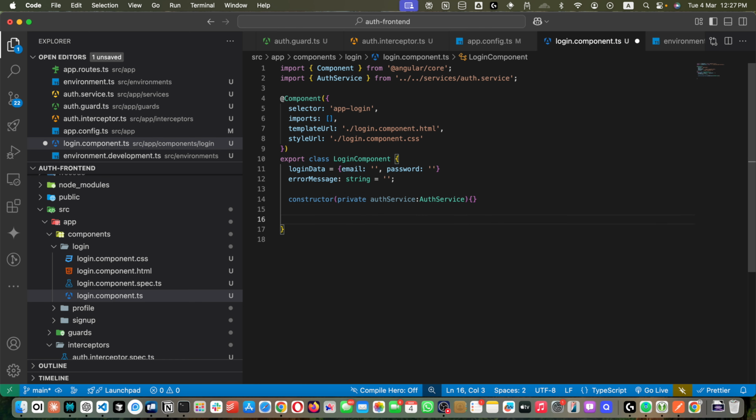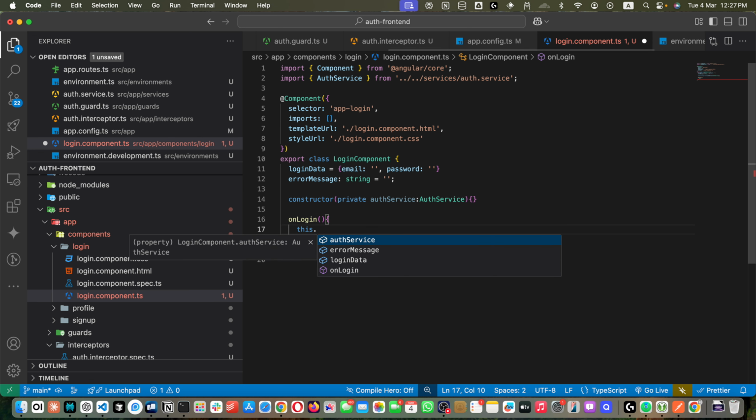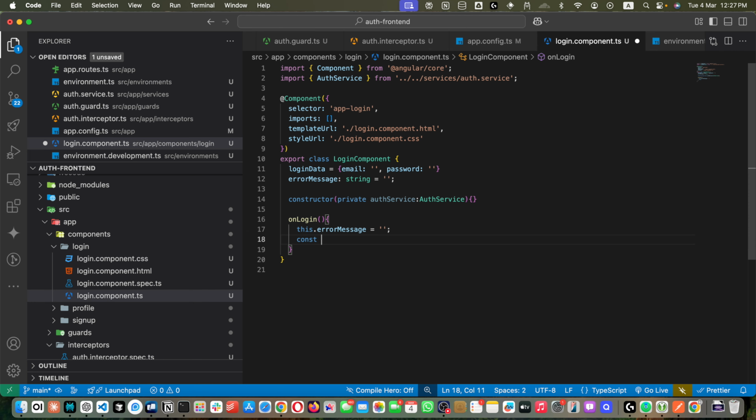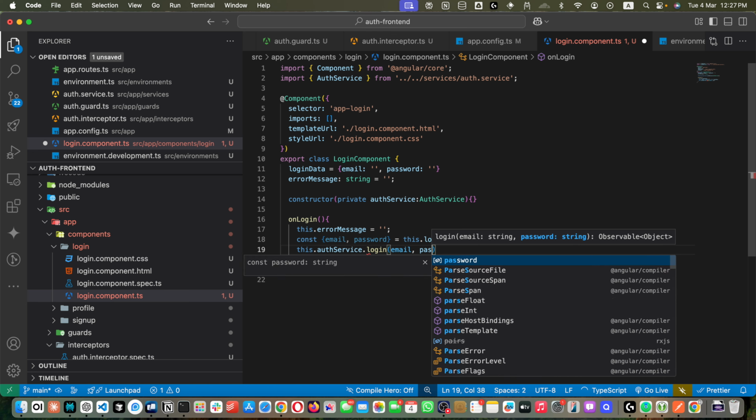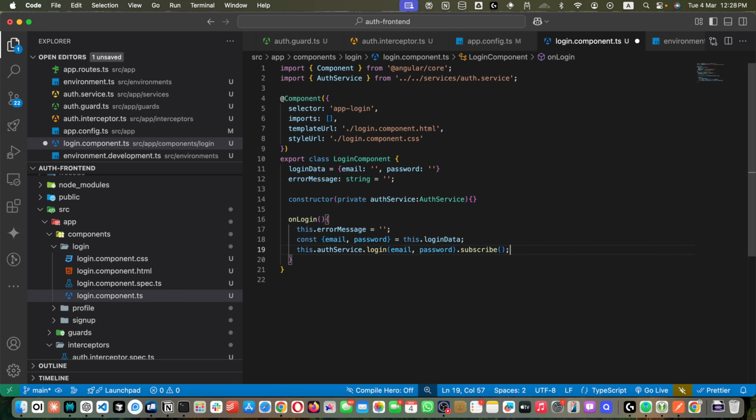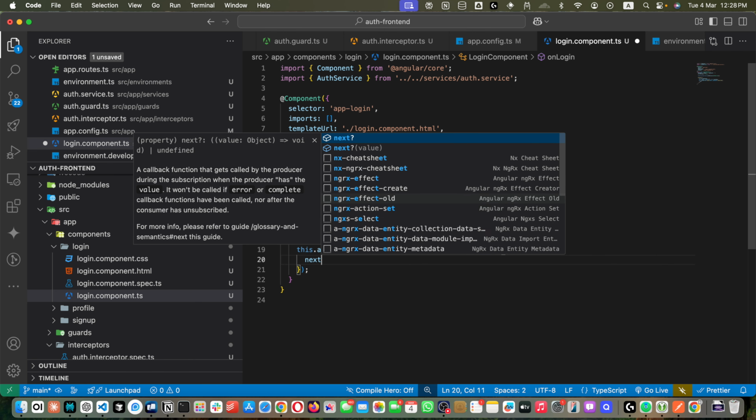Okay, now we need to create a function onLogin, and here I will set the error message to empty. I will clear the previous error, if any, by using this.errorMessage equal to empty, and then create a constant to get the email and password from this.loginData, and then I will use this.authService.login(email, password).subscribe, and within that subscribe function I will pass an object with two properties, next, and